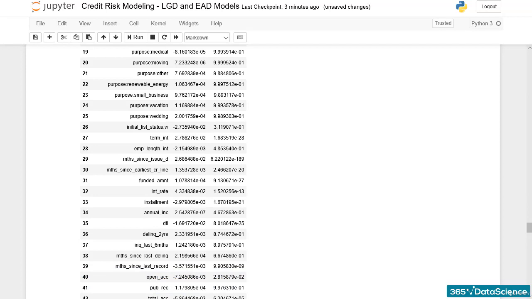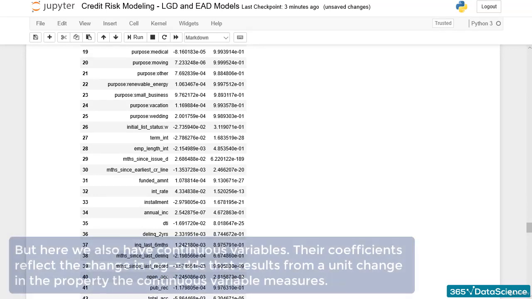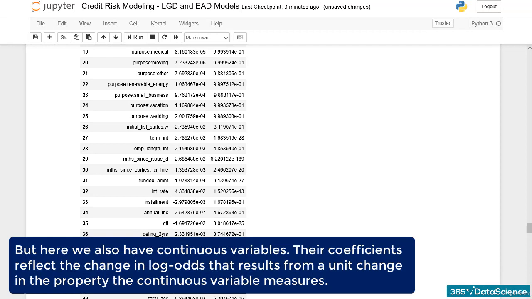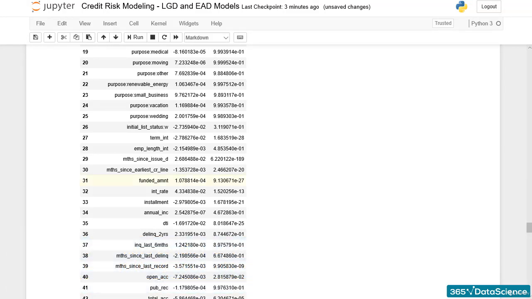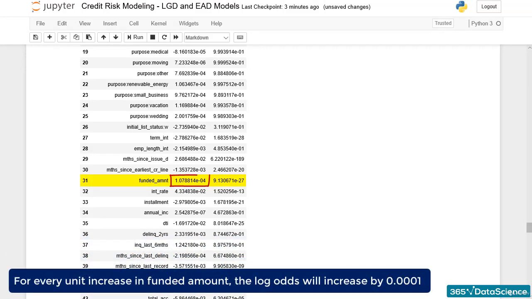Let's interpret a couple of coefficients as we did with the PD model. The only tiny difference here is that we have continuous variables and their coefficients don't reflect if they belong to a category of an original independent variable or not. Instead, they reflect the change in the logarithm of odds for a unit change in the respective continuous variable. For every unit increase in funded amount, the logarithm of odds of recovery rate being greater than 0 will increase with about